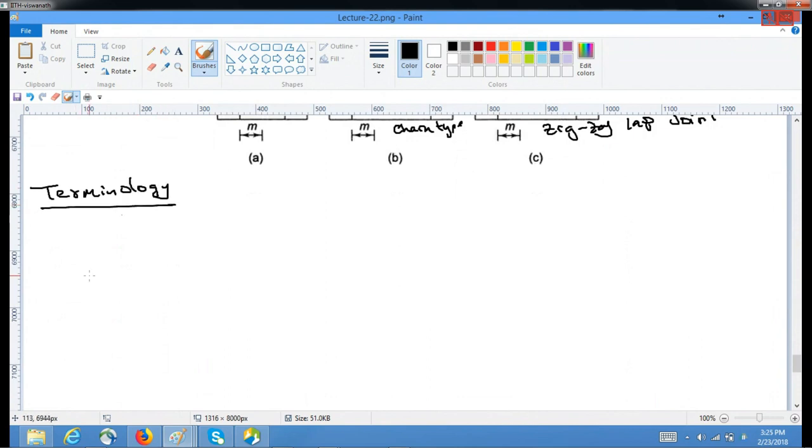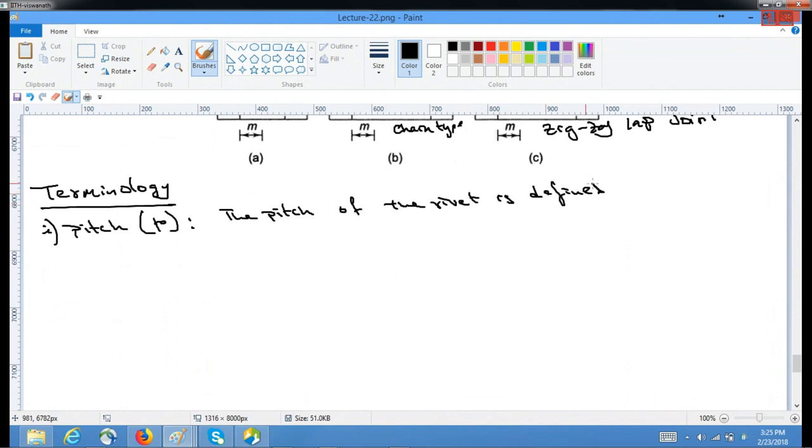In the terminology, first one is pitch P. The pitch of the rivet is defined as the distance between